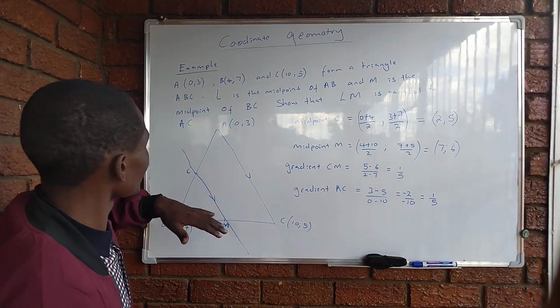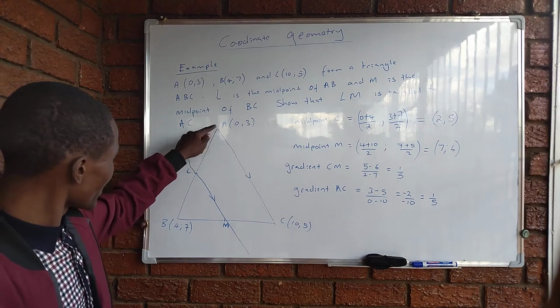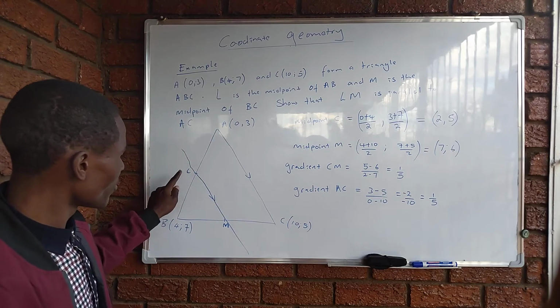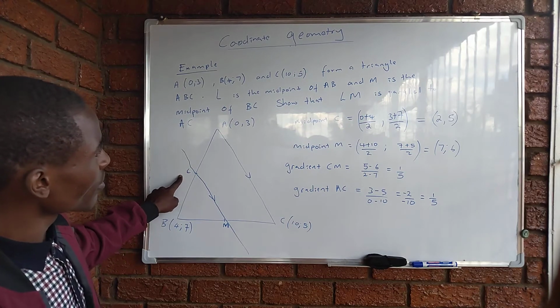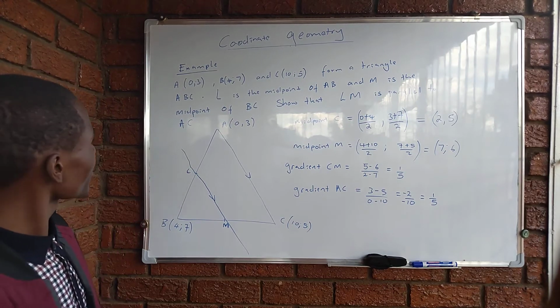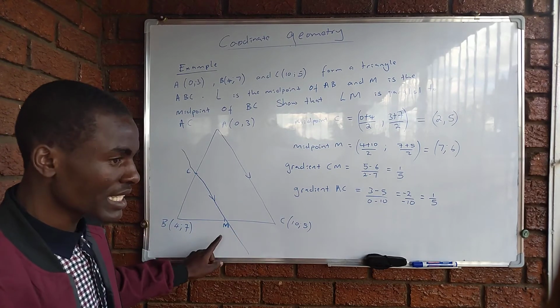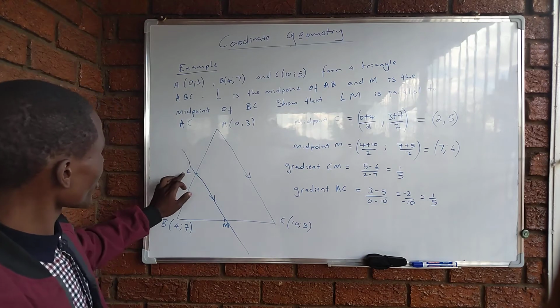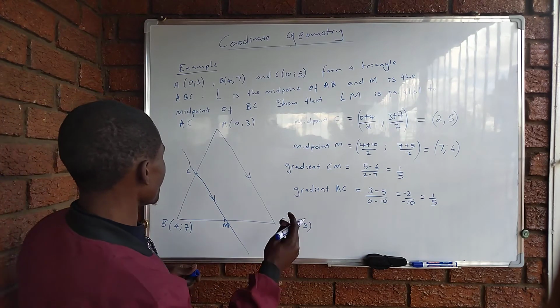Let's say, guys. First we find the midpoint of AB, which is L. Right? This is point L. Then after one midpoint, we find the midpoint of CB, which is M. Right? So the midpoint of AB, which is L,